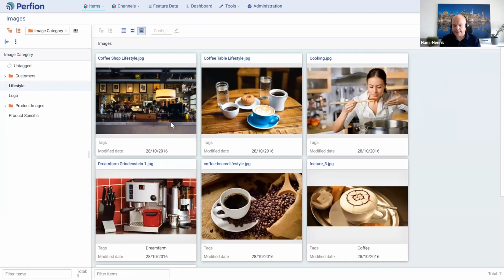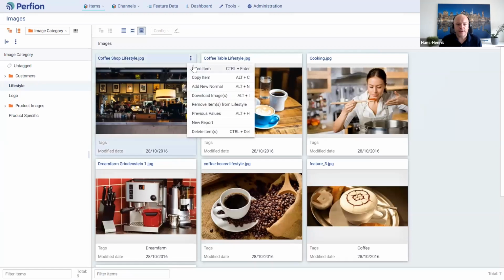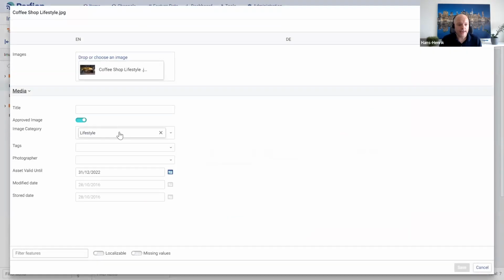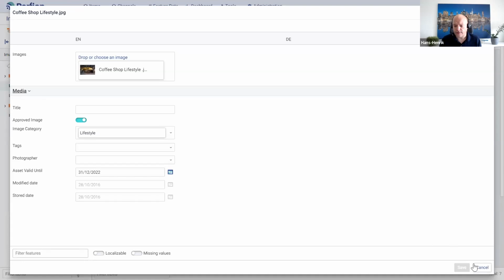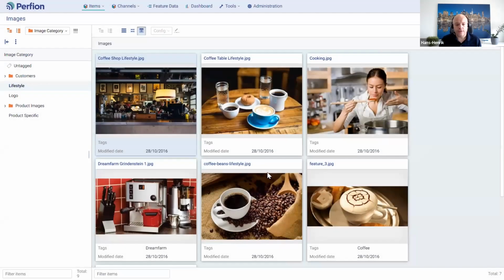And the idea is that it's the high resolution original image that is uploaded into Perfion. With our data modeling capabilities, we have the possibility to add any additional data that we want on our images, metadata, workflow, etc., and maintain that in Perfion.